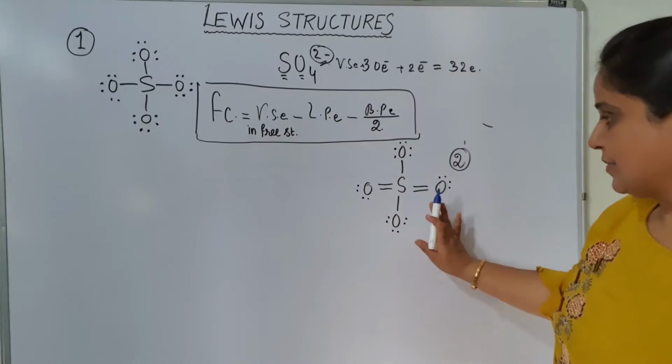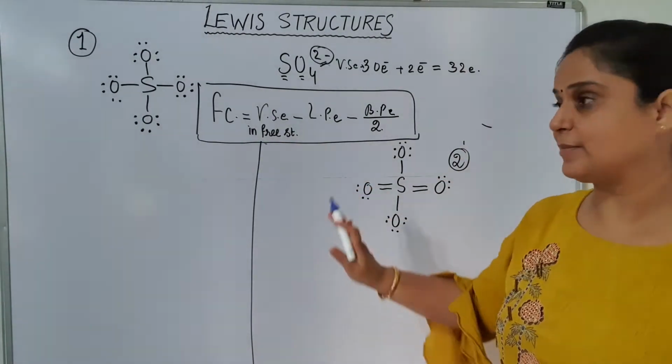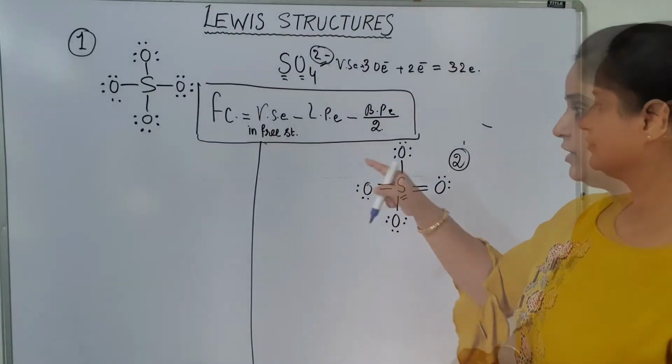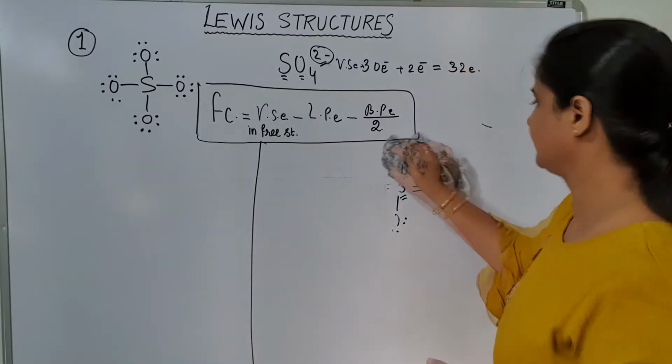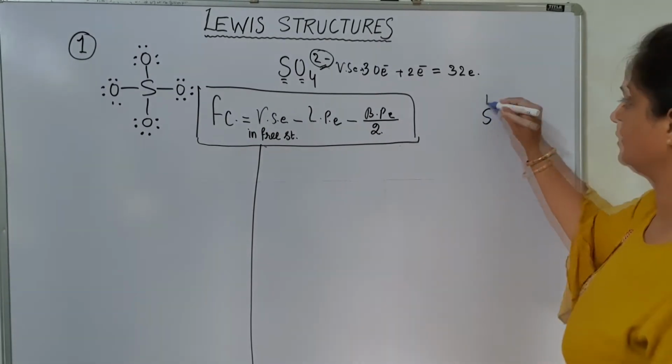Okay, so I'm starting it from here one by one. So I'm dividing this board into 2 parts. I'm calculating the formal charge on the sulfur in this molecule. I can draw this here on this side now, so that we will get the space. So I'm drawing this structure here on this side.